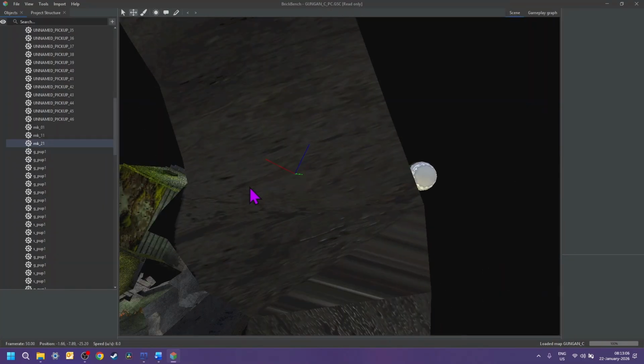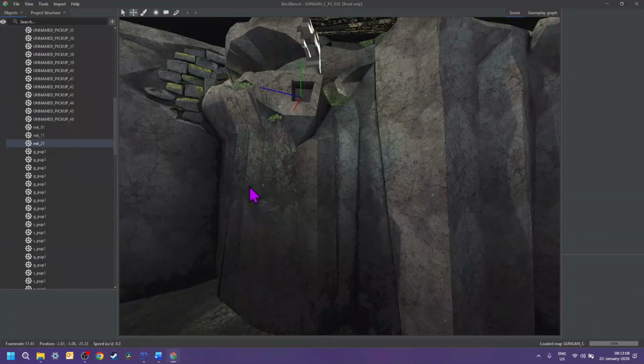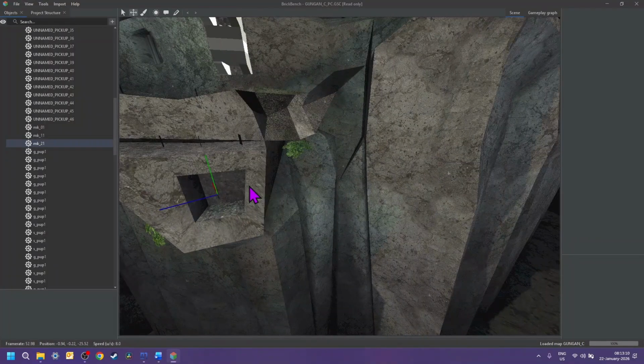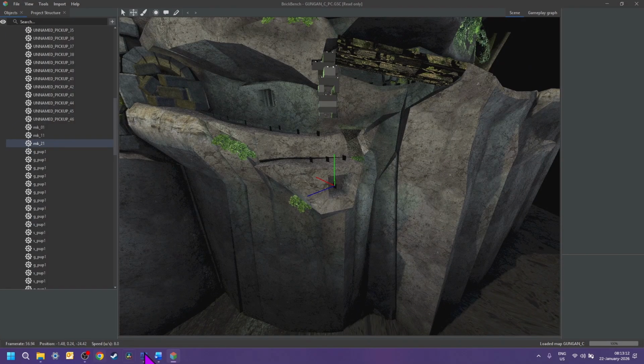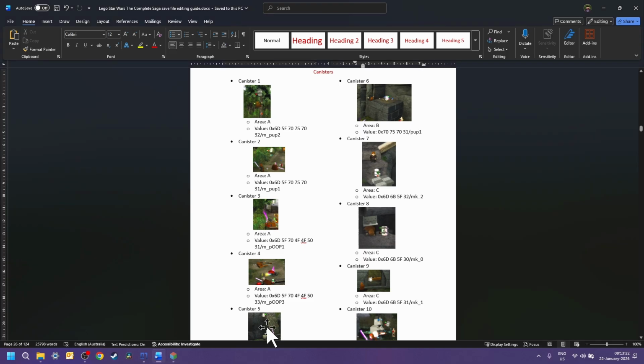Sometimes that can happen for some reason, and you'll just have to flip yourself up. So this is the one under that log, and it says MK underscore 21. For some reason, with those ones, they have an extra number, but in the save file, they do not. And that matches the canister there.